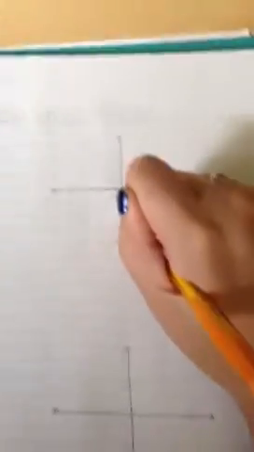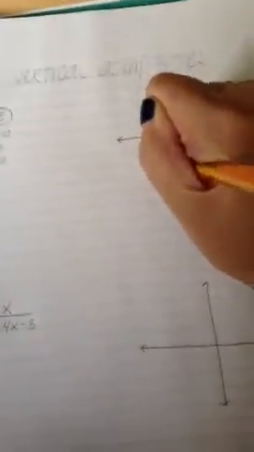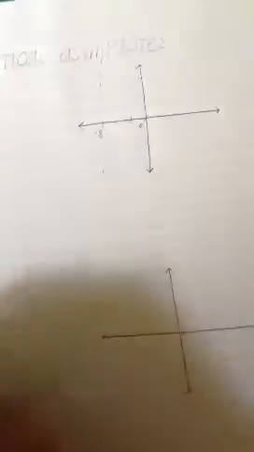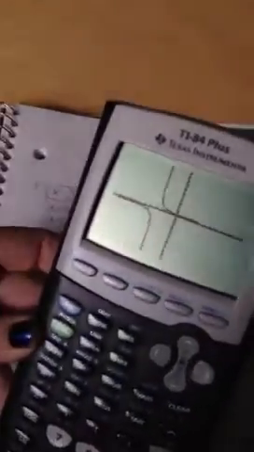-3. You can also check that by doing it graphically. So if you have your graph, and you know that at -3, you're going to have a vertical asymptote. So you can go ahead and draw that in. And then you can check it on your calculator by plugging it into your calculator. And you get something that looks along the lines of this. So if we draw that in,